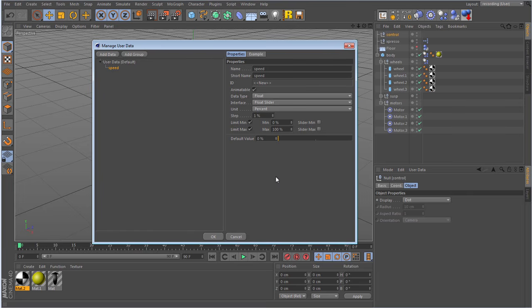So if you do a bit of mental arithmetic, you can come to the conclusion that the kind of values we're going to need down here to drive the car, we're going to be using values about 10, 20, 30, that sort of number. So I'm going to go unit real, which just means a regular number again. And for the minimum and maximum, I'm going to go minimum 0, maximum say 50. That should be plenty to drive this little car. Okay, so that's the speed.